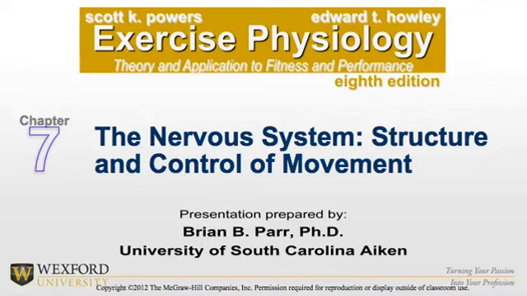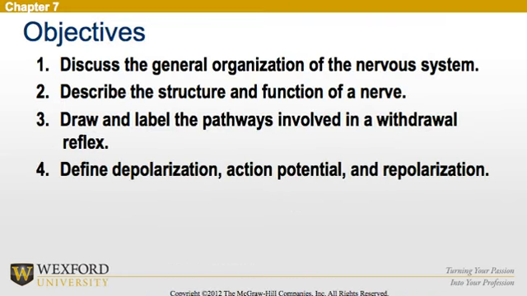Hey everyone, welcome to Advanced Exercise Physiology, Chapter 7, the Nervous System, the Structure and Control of Movement. The objectives of this chapter will be: 1. To discuss the general organization of the nervous system, 2. To describe the structure and function of a nerve,